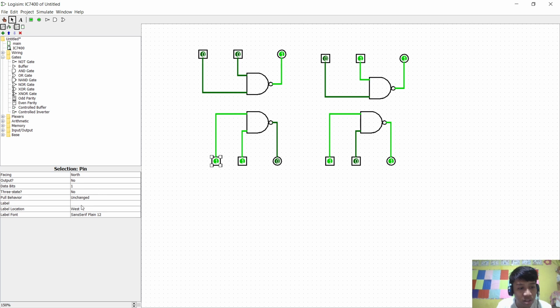And we can label this with 1 south, 2 south, 3 south,